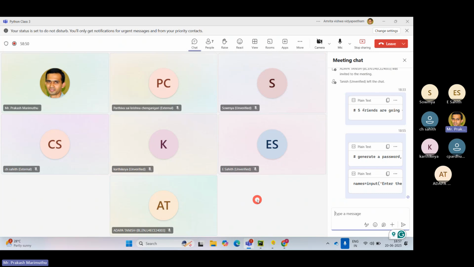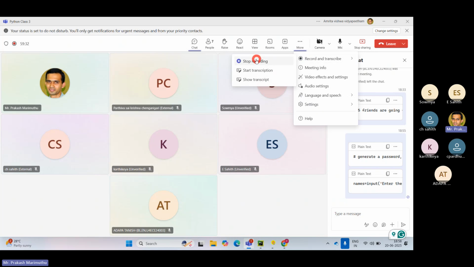I'm not saying don't use it. I'm saying use it, but use it with intelligence. That is how I learned. So I can remember that one day I'm solving a problem. I sat for 10 hours continuously to solve a problem. ChatGPT was there, but I never gave a prompt to ChatGPT. Once I done the program, then I gave to ChatGPT, corrected the errors, reduce the lines, all those things you can do. But don't give first hand only, give me the program for this. That is not the way of learning. So should I stop? I mean, the recording I will stop and I wait for you to